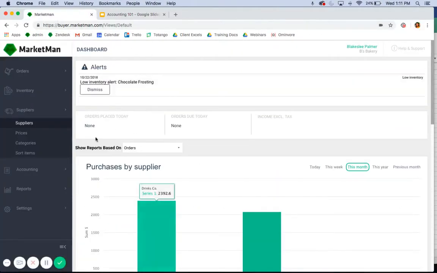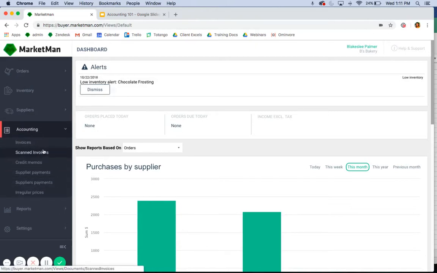So when we come into our MarketMan account, we can find the accounting section right in the drop-down. And from here, we're going to be able to view, edit, and export invoices, look at credit memos, and update irregular prices. Today, we're going to go over all of this, but the first thing we need to do concerning